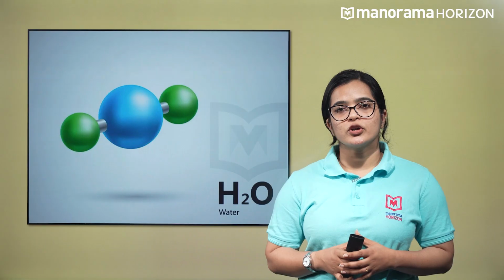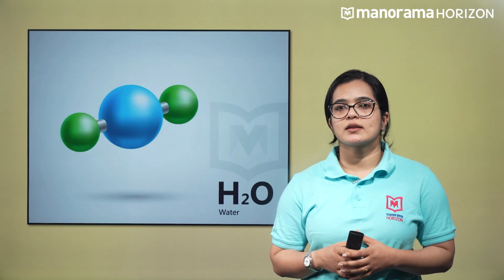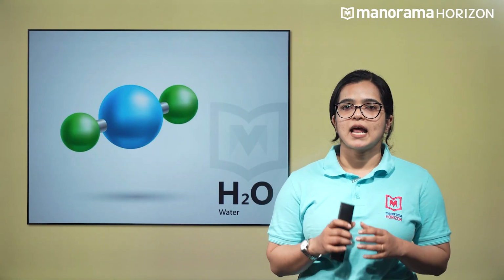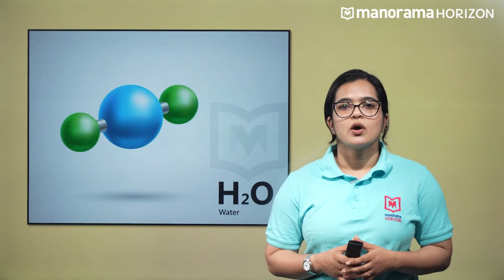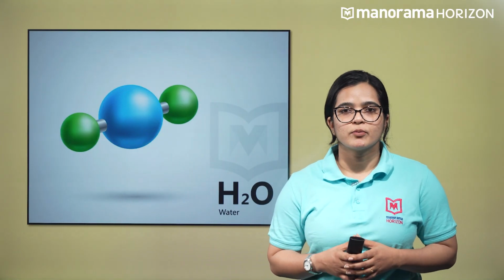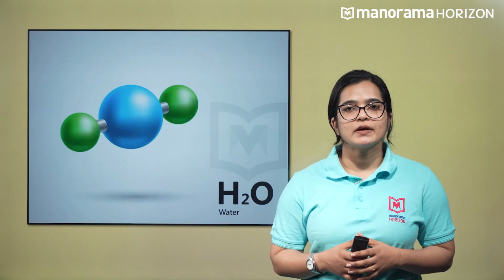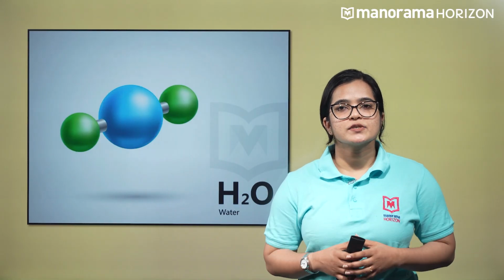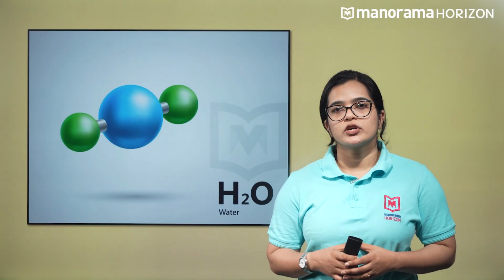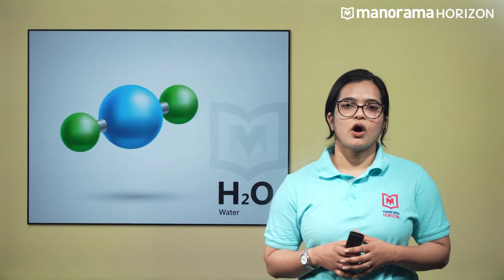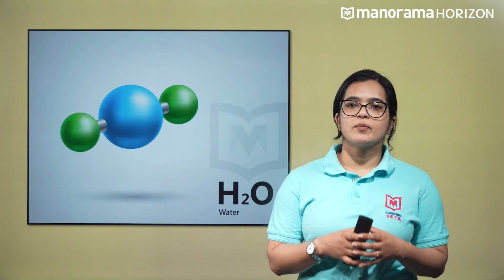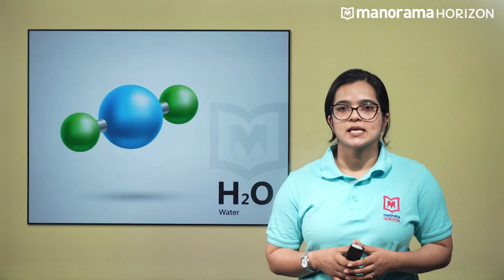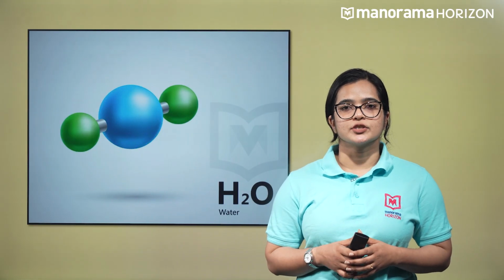In certain other molecules, the positive and negative charges do not coincide. They will have a specific distance apart, and these types of molecules will have a permanent electric dipole moment even without the presence of an electric field. These types of molecules are called polar molecules, and water is an example of a polar molecule. In the presence of an electric field, different molecules will exhibit different properties depending upon their polar nature.